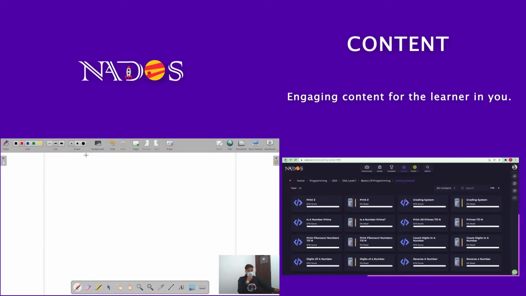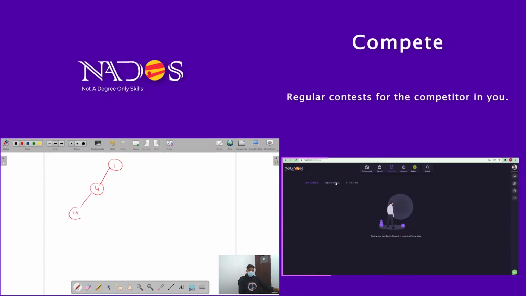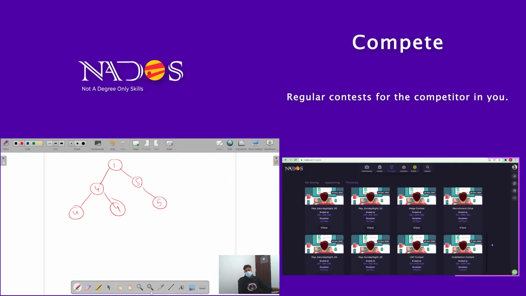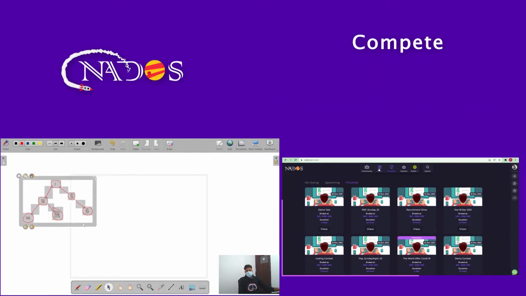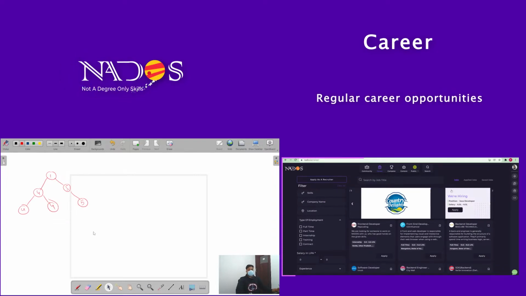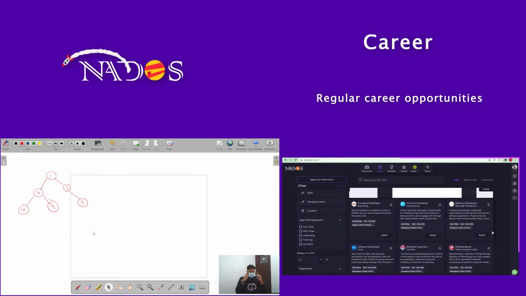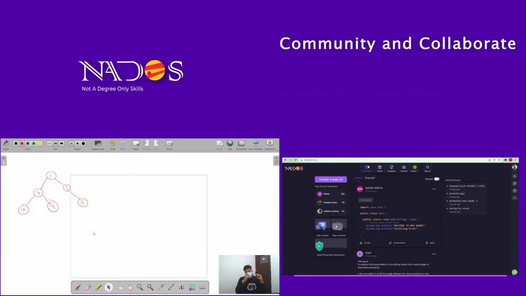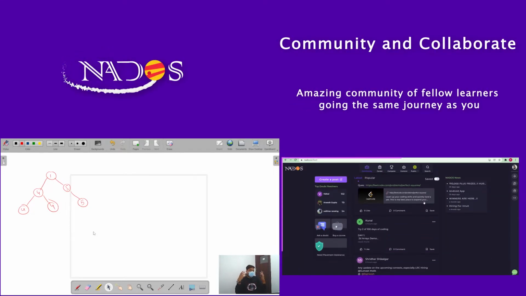For that, let me again create a binary tree. Here it was 4, 4, 4, and here also it was 4, 5, and 5. So now the basic approach: the first thing is that in this question we are going to work in post order. Post order means at first we will make a call to our children, and while making calls we are expecting some information from them.